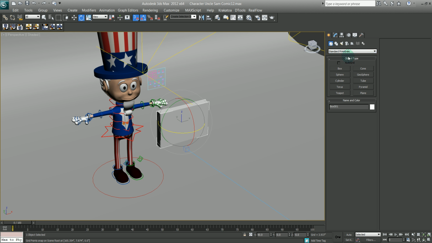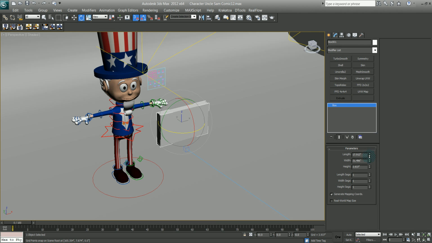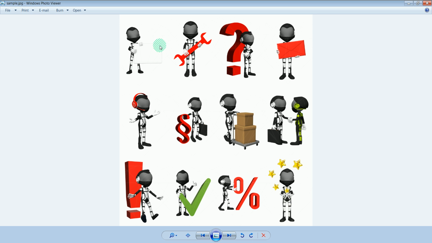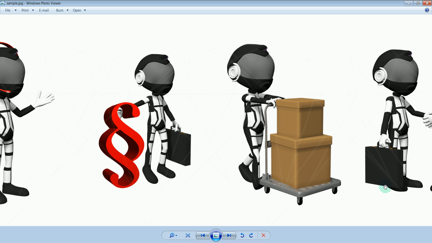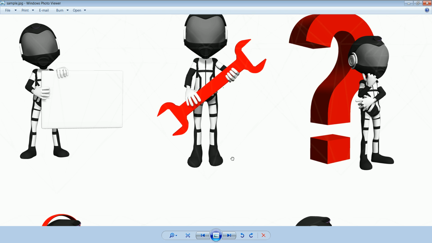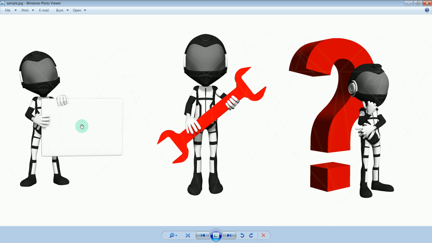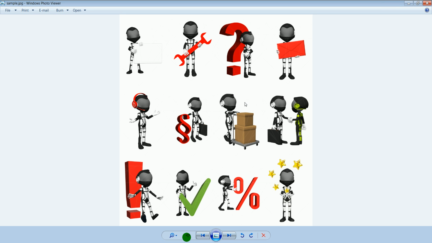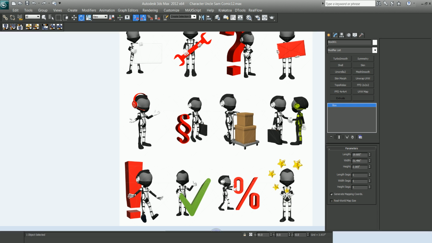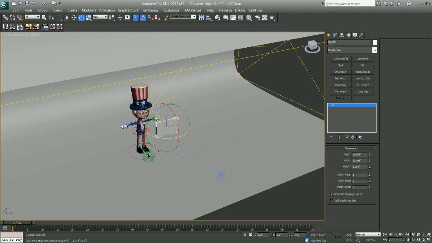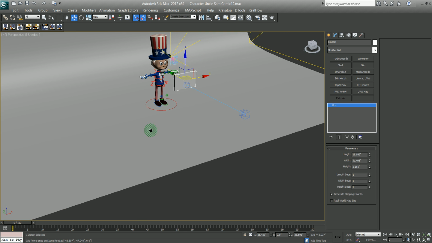Now what we're gonna do is decrease the height a little bit, increase segments, or just keep it as is. As you can see, it has a little bit of smoothness. If you zoom into that part, it has a little bit of smoothness, so we will try to mimic that as close as possible. In order to do that, let's take this box